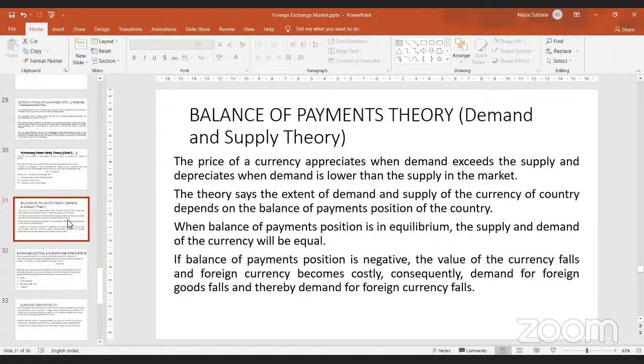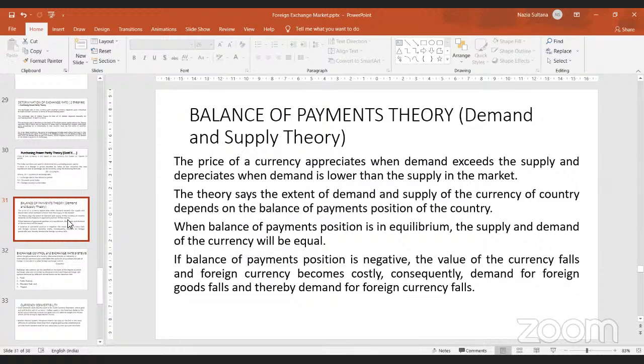So depending on the demand and supply of a currency of a particular country, the balance of payment position of that country will be determined, because balance of payment position is nothing but receipts and payments. Previous class we discussed what is balance of payments. We talked about visible trade, invisible trade, and services. So when you are dealing in these and exchanging them between countries, you are paying in the foreign country's currency, you are receiving in your country's currency. So what is the demand for your country's currency and what is the supply of your country's currency? Based on that, balance of payment position will be determined, and based on the balance of payment position only, the value of currency also will be determined.